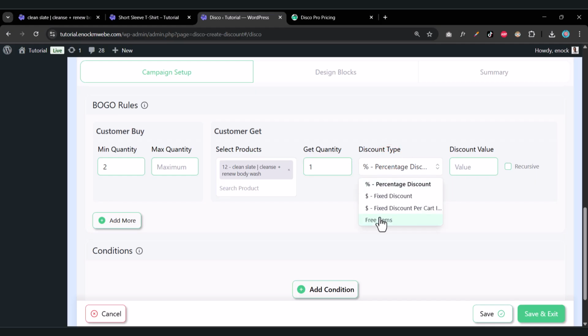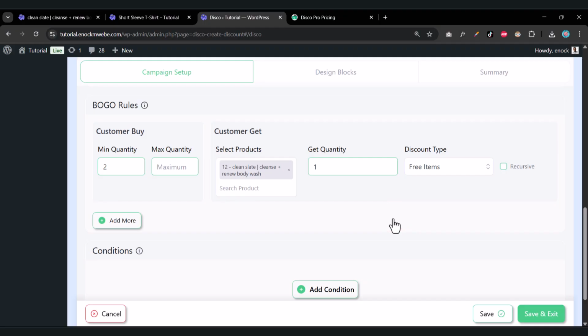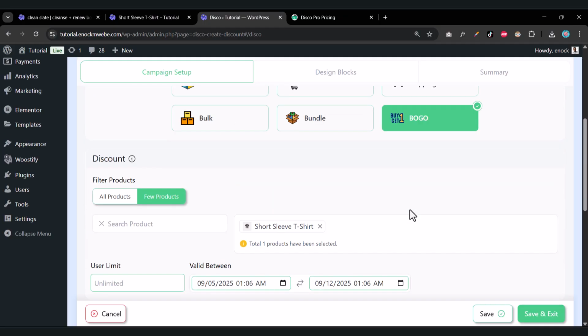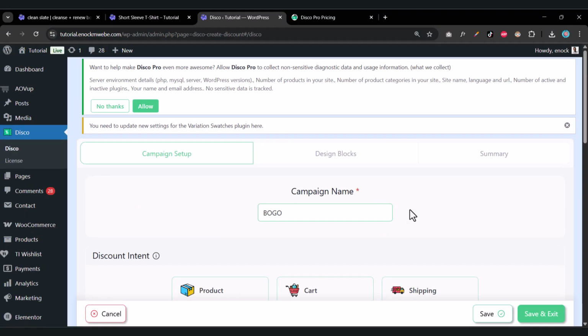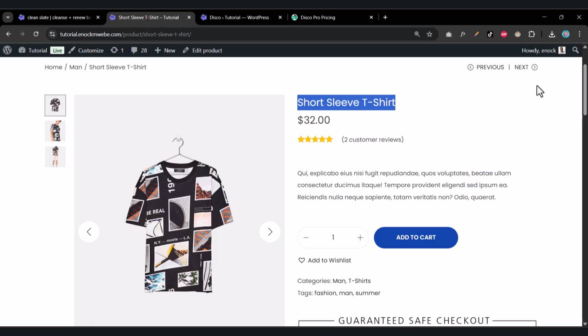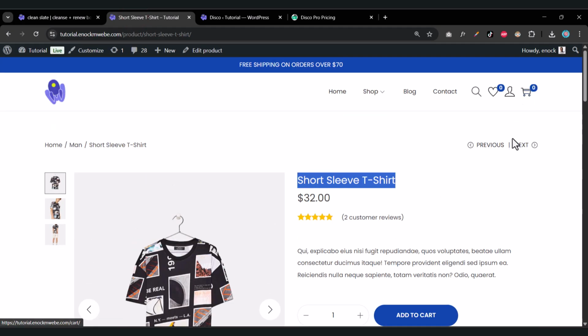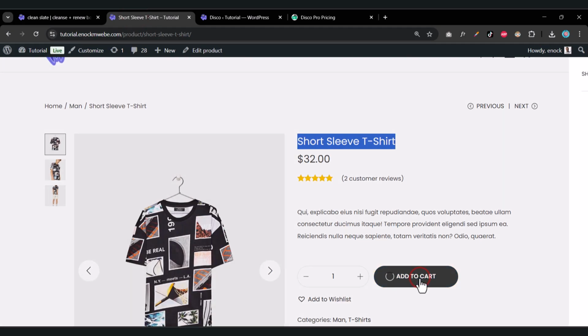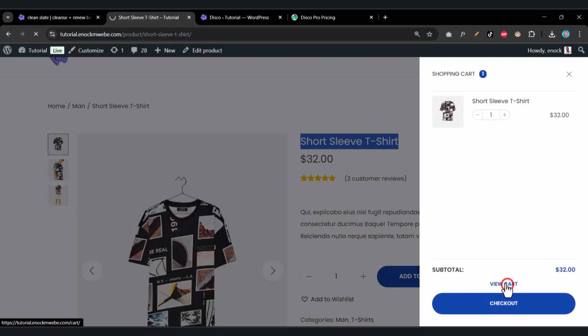But for the discount type, I want them to take a free item. You can offer a discount on it or a fixed discount, but I want to give it out as a free item. Okay, and once I feel comfortable about the settings, I'm going to click on save. And what is going to happen is when I go back to the cart right here, hopefully nothing is in the cart, and I click on add to cart and I click on view cart,